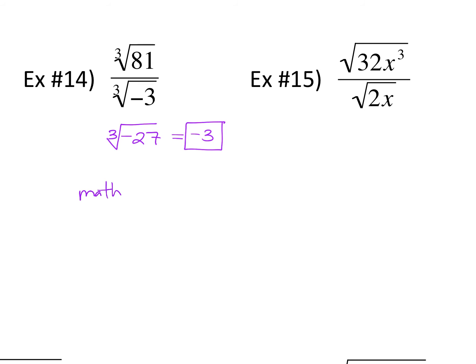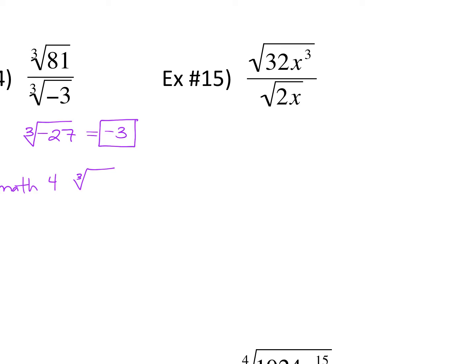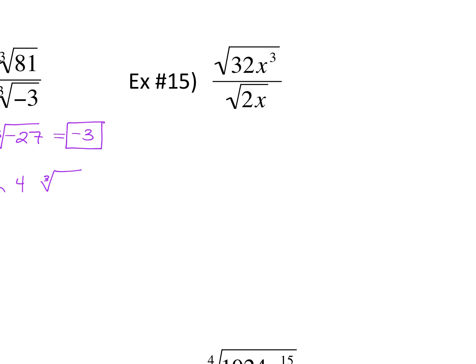Okay, so when you hit math 4, it drops that symbol in for you. So just hit math 4 and you'll get the cube root. Okay, 15. This one's a little bit different because we have some variables with exponents. What do you get when you do this? If we divide it, the square root